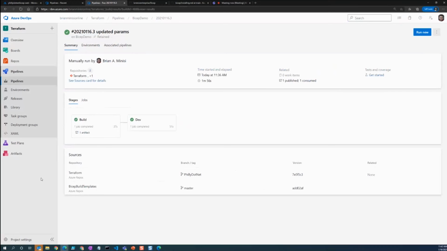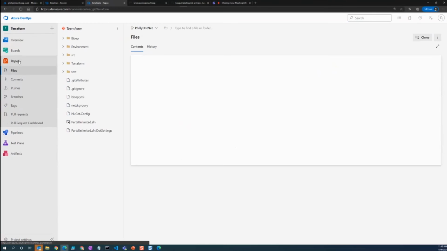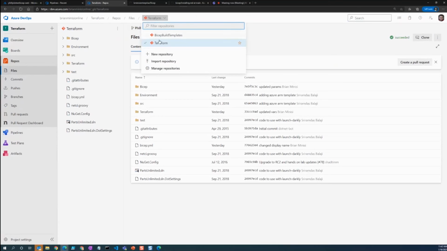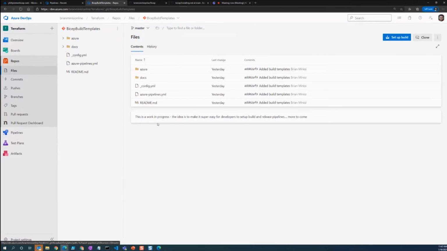That's unfortunate, but I'm sure that compiling and installing Bicep on a hosted agent is going to be added to Azure Pipelines, hopefully by the time the production version is available, so we don't have to do what we just did with our repos, bringing in the other person's repo and using that.